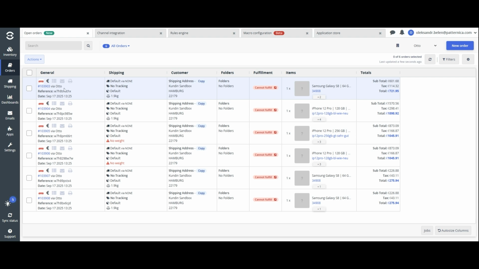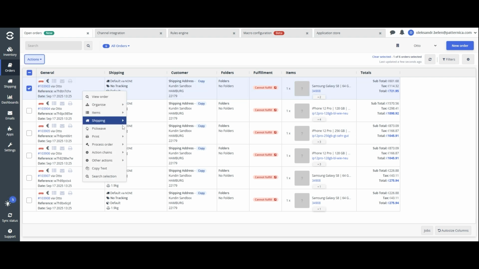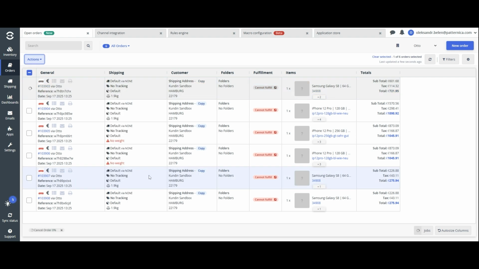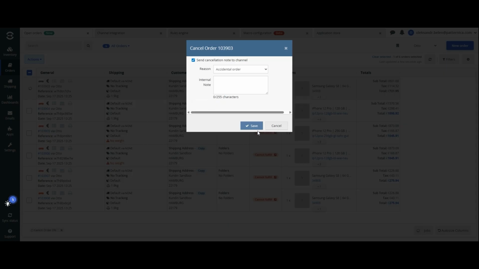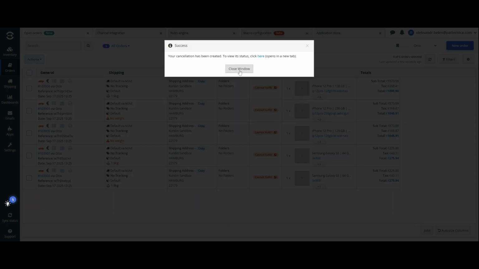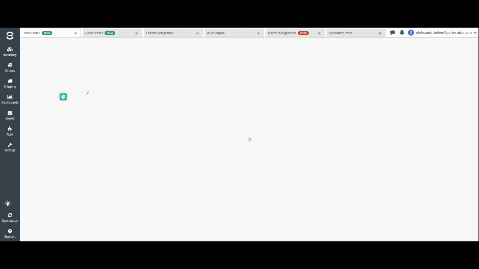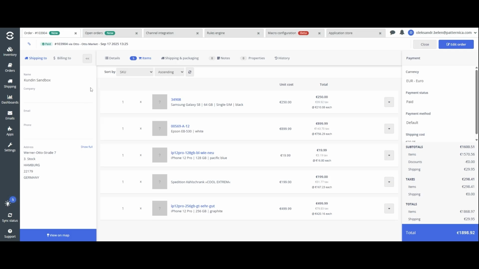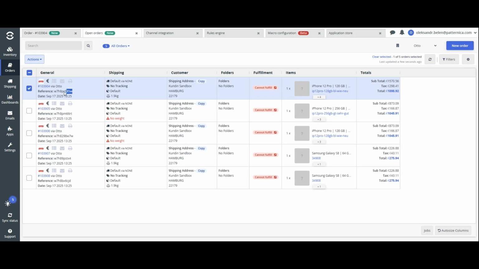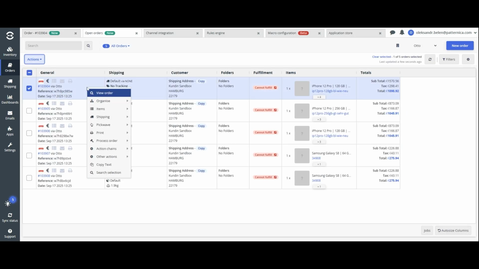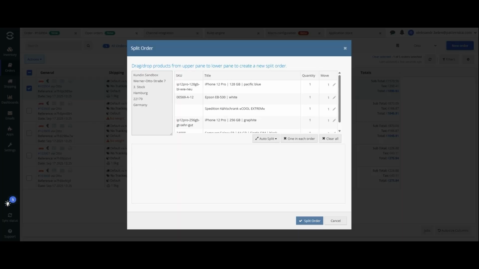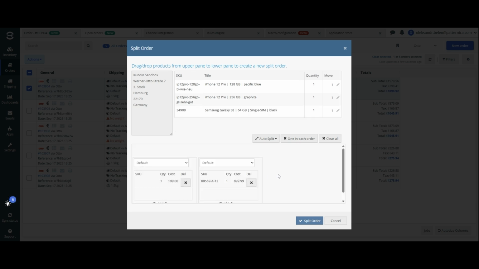Now let's cancel another order. Please make sure you select Send Cancellation Note to Channel before canceling an order. Now this should have been cancelled. For the next action, we'll try to split a multiple order, cancel one of these, and dispatch the other part. Now choose an order, go to Split, split some items,